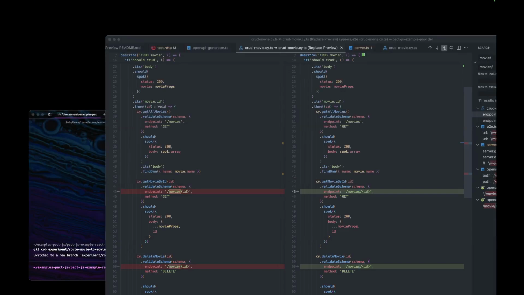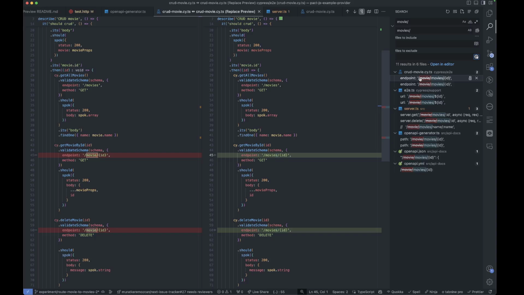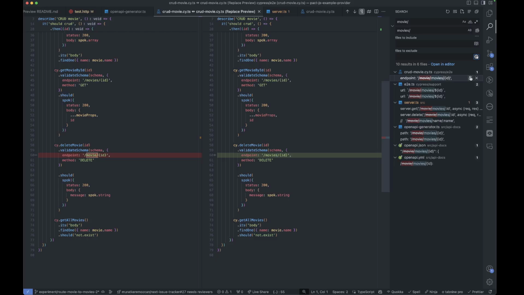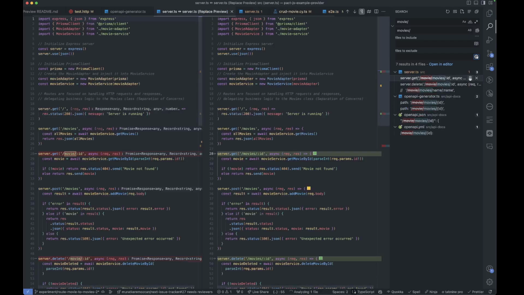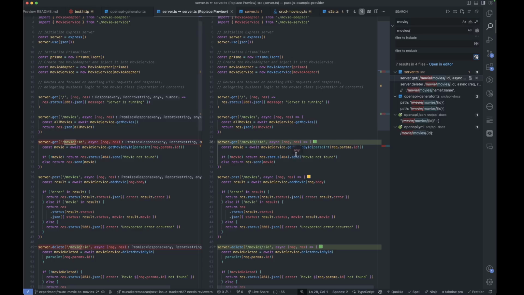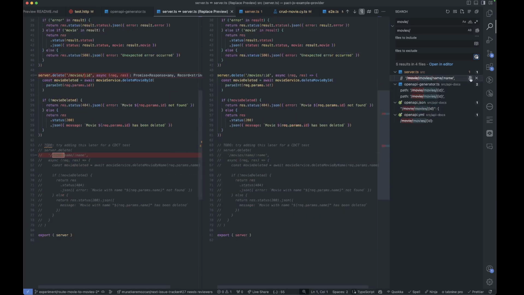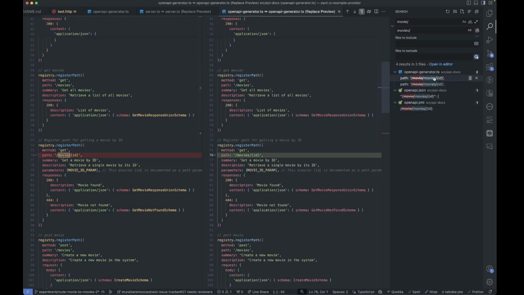I'll just put this aside right here. So the end-to-end test is replacing movie to movies, and then the helper commands, we're doing that. The main thing that changes is the Express route. So movie becomes movies. That one's okay, this one's okay, this is a comment, but that's okay.